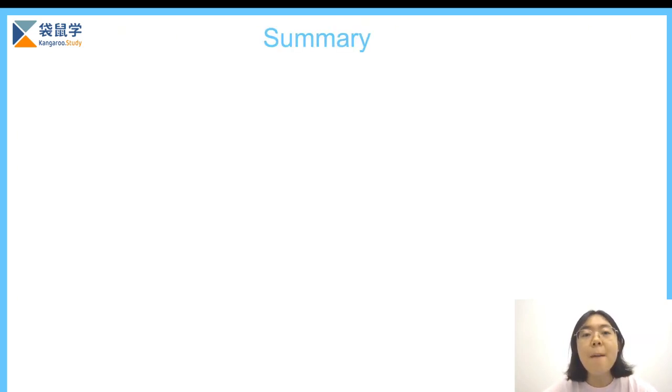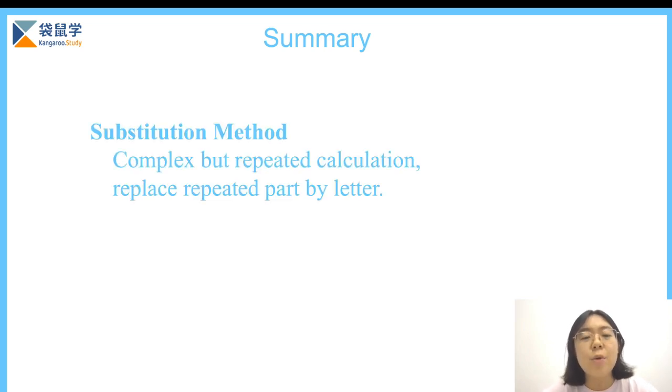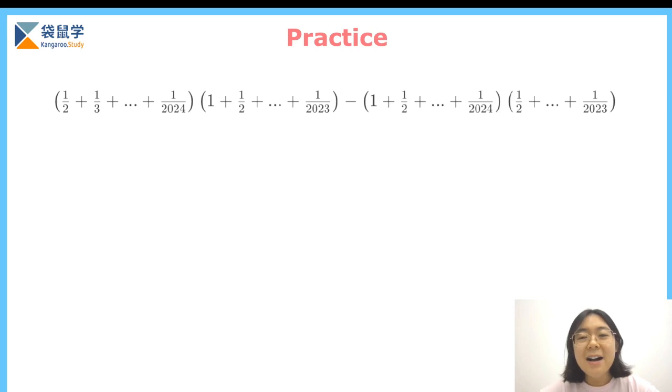When we have a complex but repeated part, we can replace the repeated part by a letter. Then Teacher Anna prepared a small practice for you. You can take your time to do the practice, and once you get the answer, you can leave it